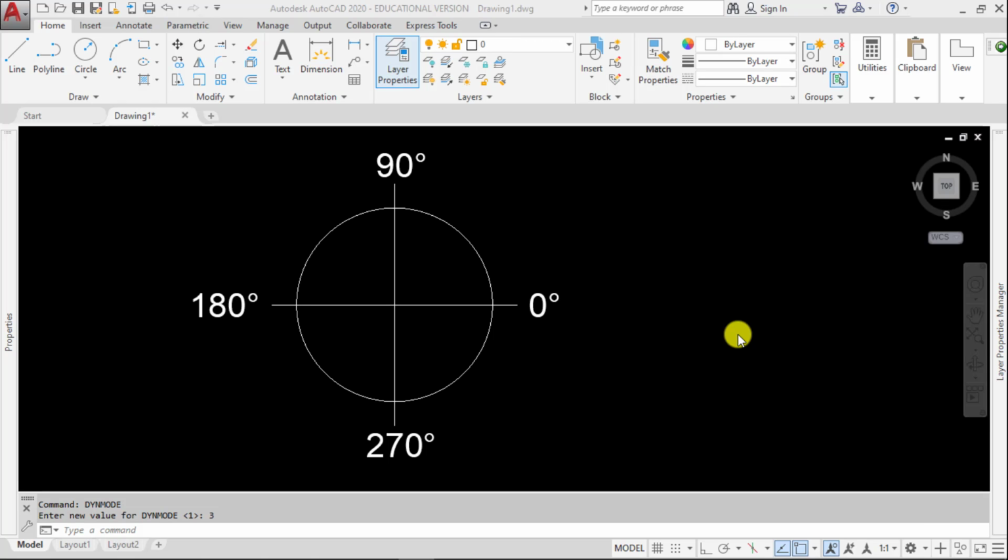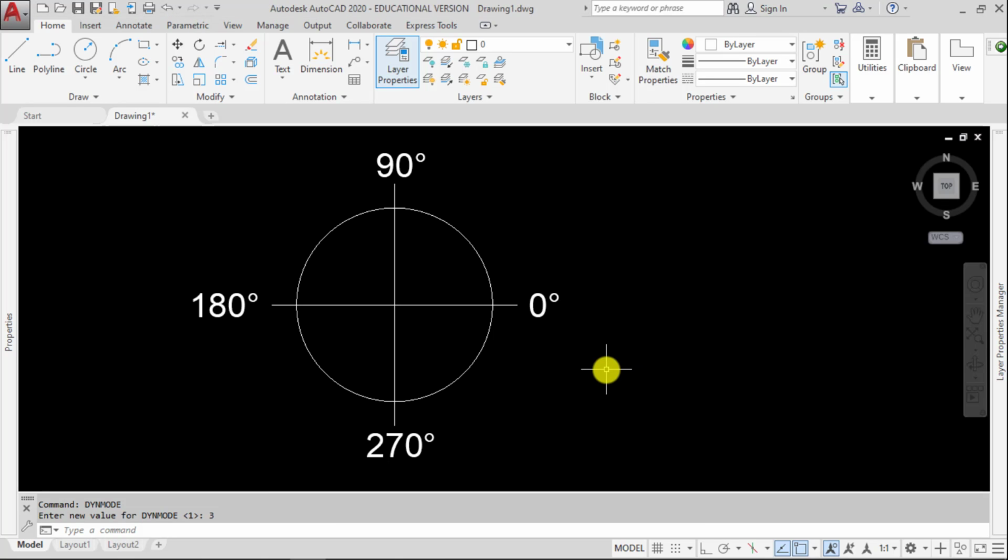Okay, welcome back. In this video, we're going to cover what are called polar angles. It's how you enter angles in AutoCAD to draw geometry. So, full disclosure, there are two ways that this can be done. There's a command, a variable, a setting, if you will, that needs to be changed depending on how you prefer